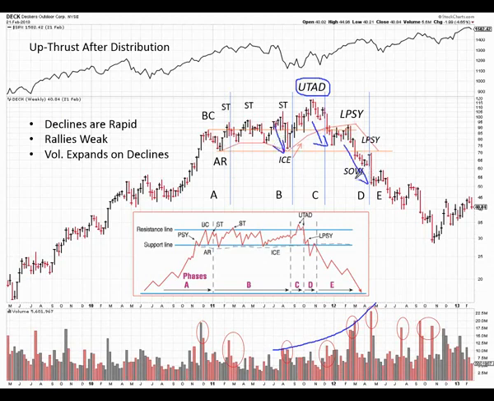Especially, one of the most important things is when you see an upthrust and then you see it try to come back into the distribution area, and you see a signature of volume expanding as that's occurring, then you want to be very, very cautious, because upthrusts can be among some of the most dramatic declining patterns, where we have this LPSY here that occurred, which is a classically weak LPSY, where there's very little lift in it,